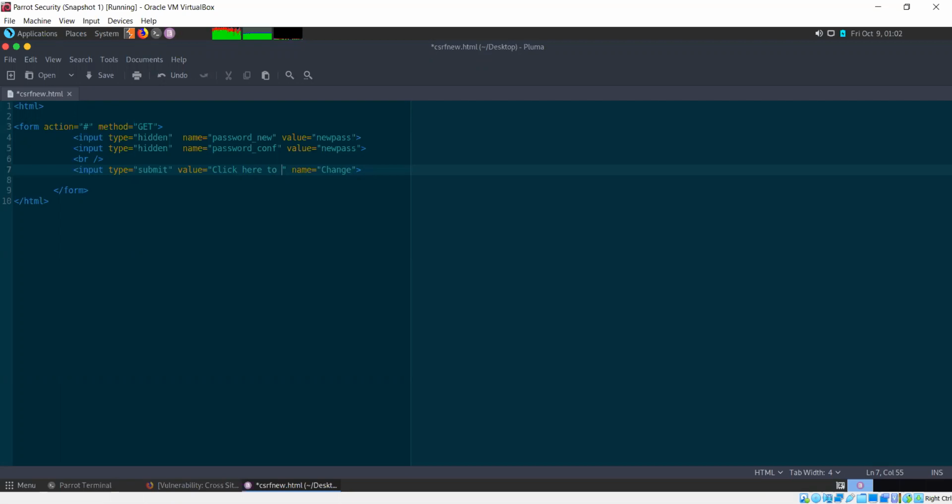So I could say click here to continue or something. But actually, it's better if I write it like this. Remove this break as well. Now we have modified our form.